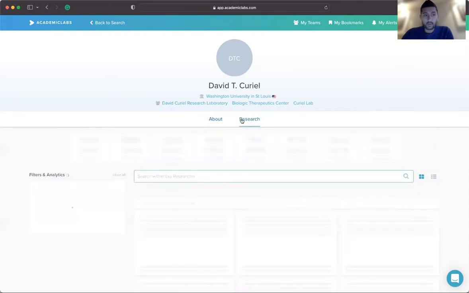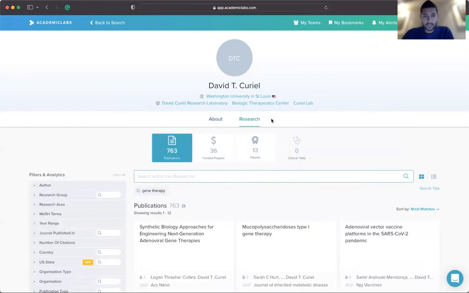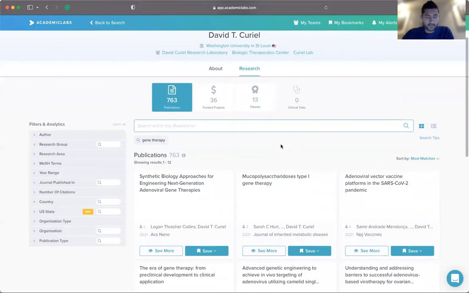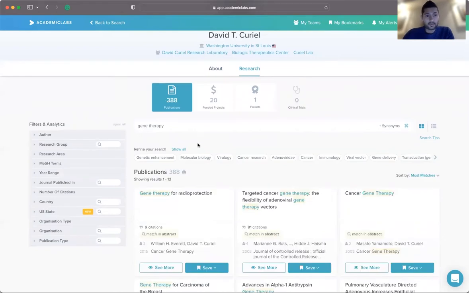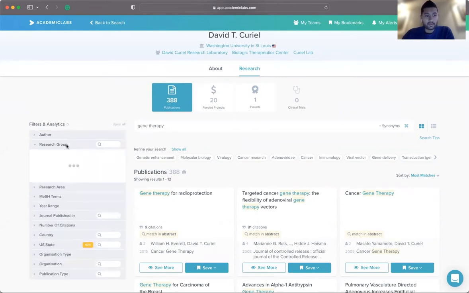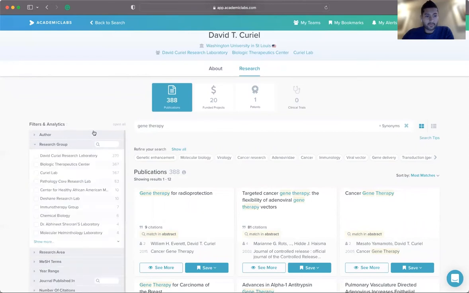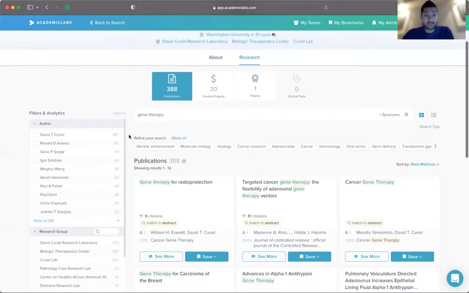Now, what you can do is go to the research section of Professor Curiel. You can search with one click on the same search term that you had before, which is gene therapy. What you can then see is that on the top left, you have authors and research group filters within the profile.